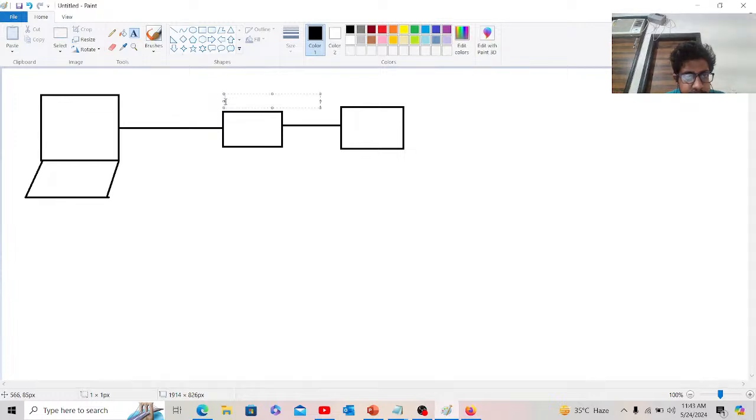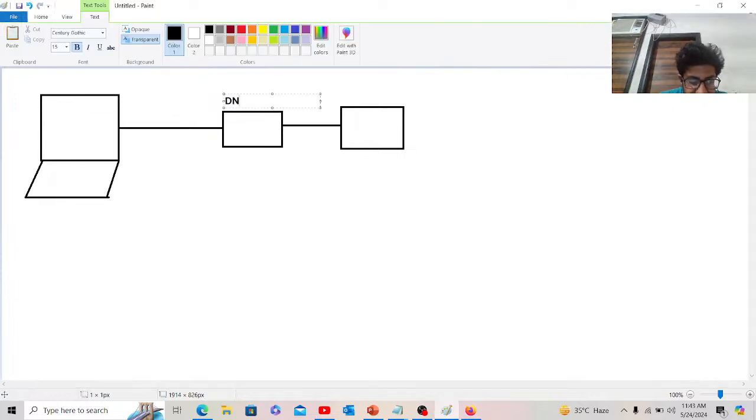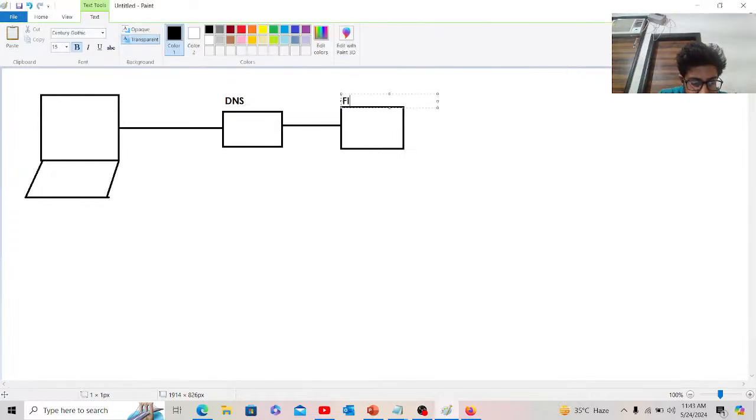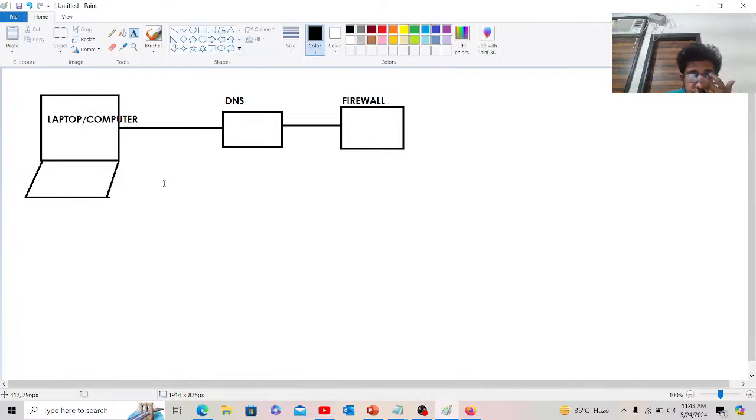This is DNS. This is the firewall. This is a laptop or computer. Access. In the firewall you can use